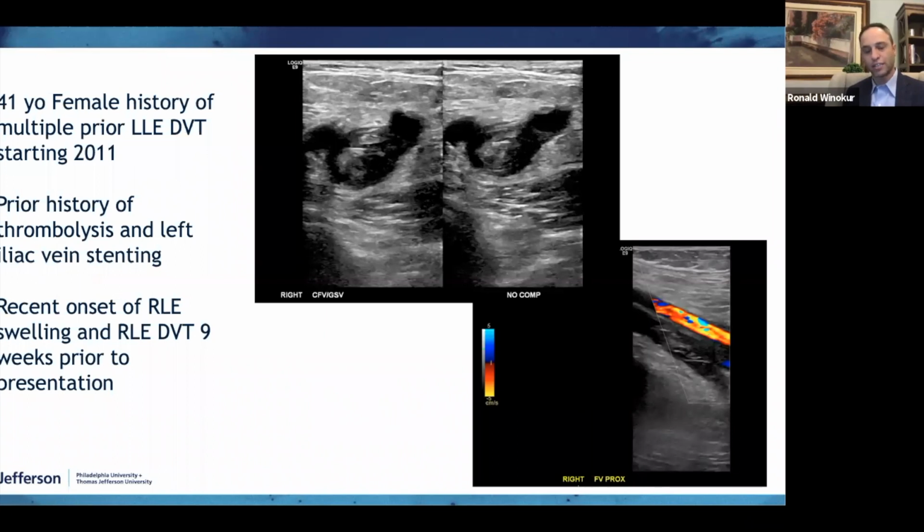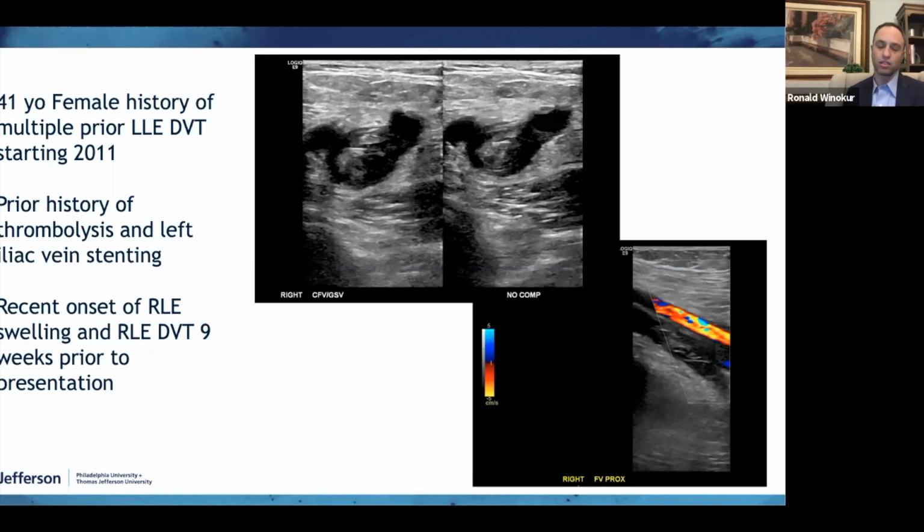So I want to show you another case in kind of angio club format. Here's another patient that I saw recently, a 41-year-old female with a history of multiple prior left lower extremity deep vein thromboses starting in 2011. She previously had treatment of that left lower extremity with thrombolysis and left iliac vein stenting. Her left leg was doing well, and then before seeing me, she had right lower extremity swelling, went to her local ER, was diagnosed with a DVT, and was initially treated with anticoagulation. She returned to the ER several weeks later with worsening right leg swelling. At that point, 9 weeks